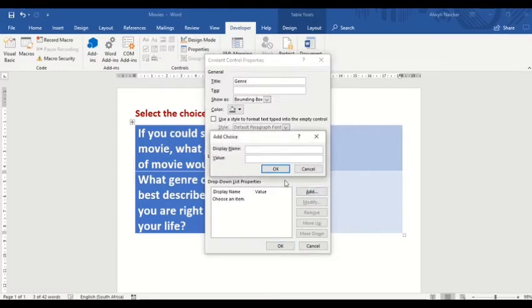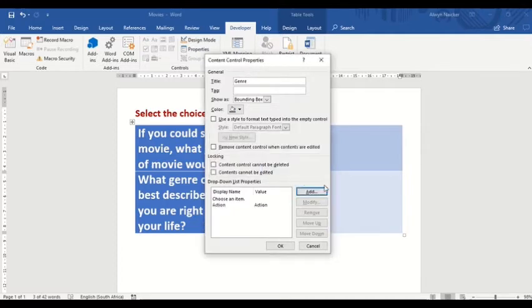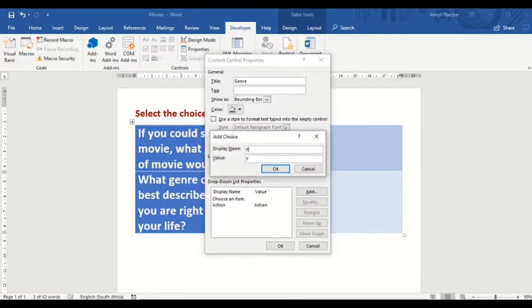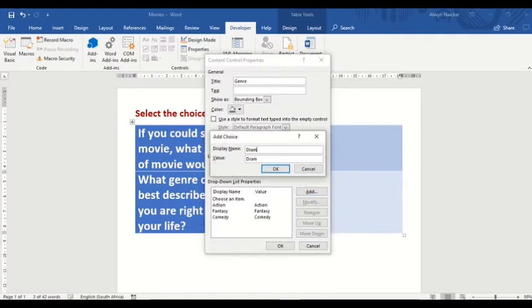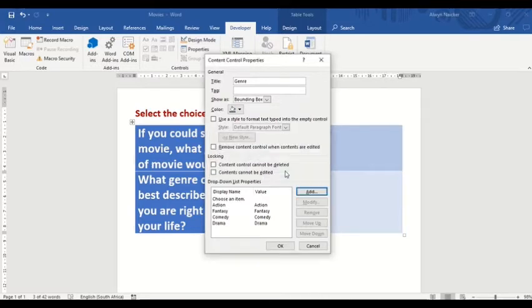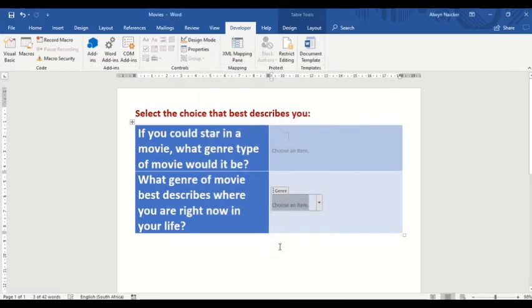I'm going to put in the list: action, fantasy, comedy, drama, and click OK. And now I'm going to click OK again, and if I look, I've got the same